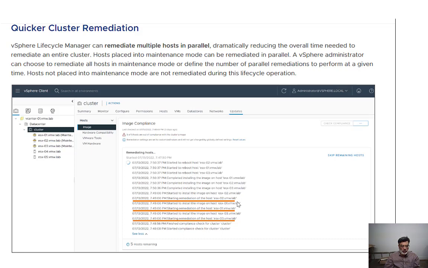So basically this is a very time saving feature, because in my data center, for example, if I have 50 hosts in my cluster, I remediate them one by one. Now I can remediate with the help of this new feature in batches. We can remediate 5 servers at a time and then 10 servers at a time. So this is also a new feature arriving in the new version, vSphere 8.